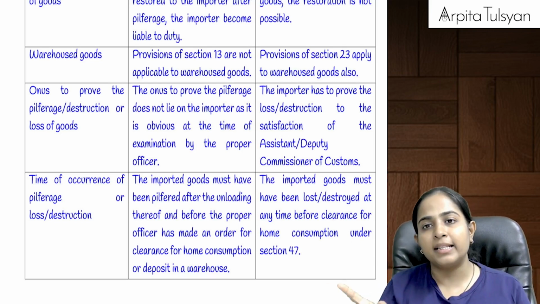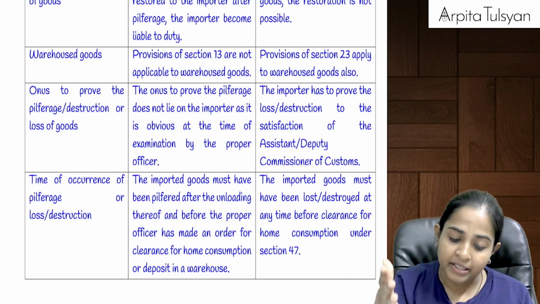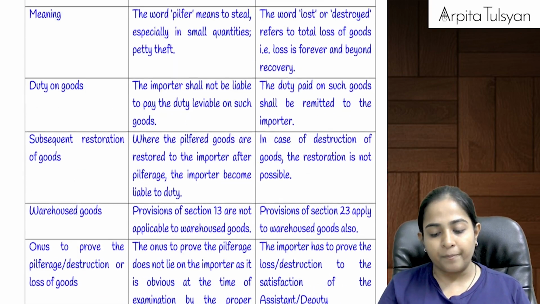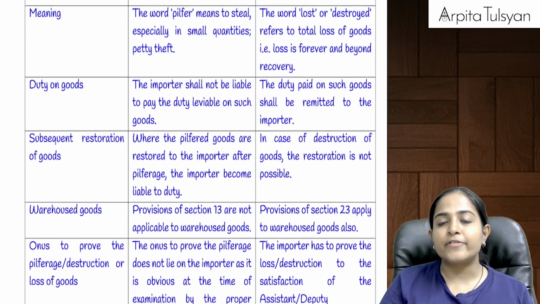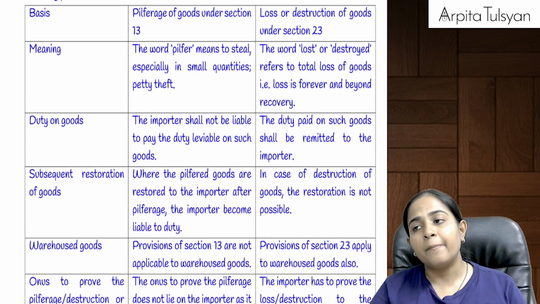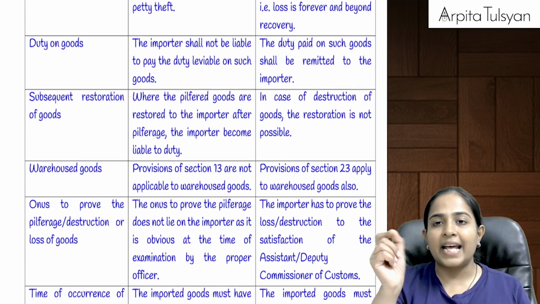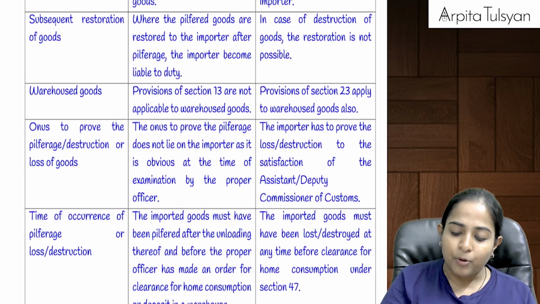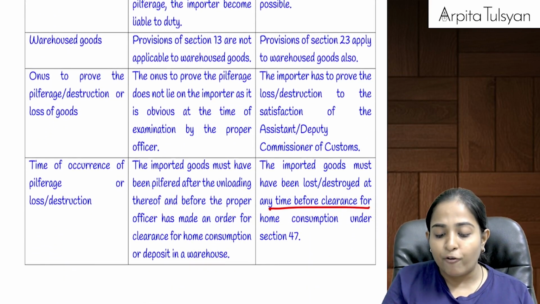In section number 23(1), by that time you would have paid the duty, so you will be eligible for remission of duty. Because here in case of section number 23(1), can we say duty will be payable at the time of passing the order? Whereas you can take this claim up to when? You can take this claim any time before clearance.